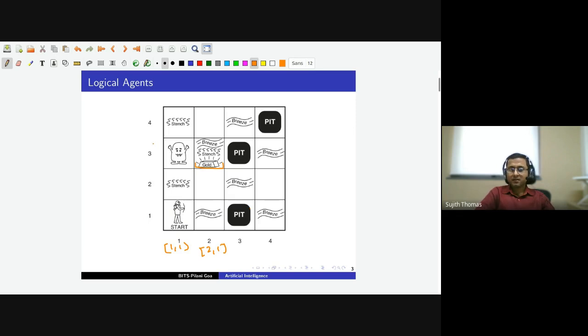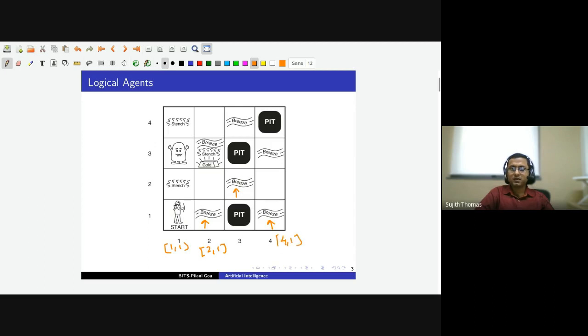Another problem is that there is exactly one room or cell where something called the Wumpus is present. This is some monster, and if the agent enters that cell, again the agent will die. The agent has some clues as to where the pits and the Wumpus might be. The rooms adjacent to a pit will have a breeze. Room 2,1 is adjacent to a pit, so we can see that there is a breeze in that room. Also, there is a breeze in the room above, and there is a breeze in room 4,1 as well.